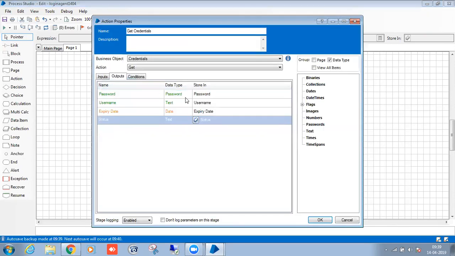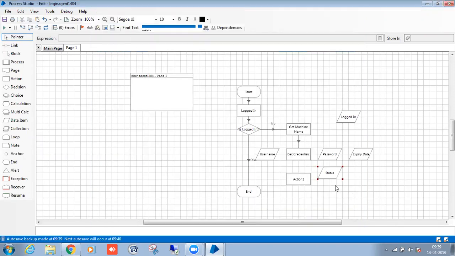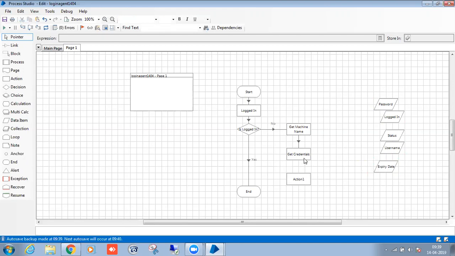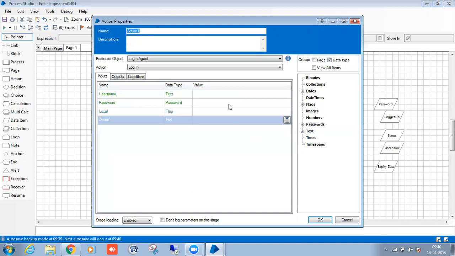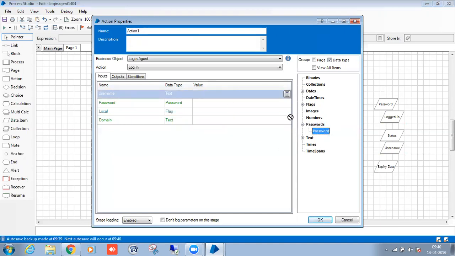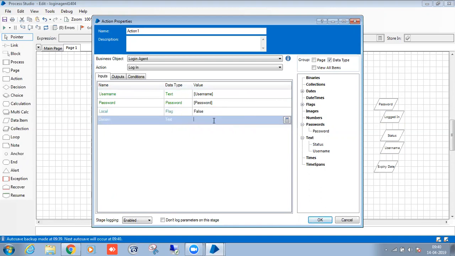So those things you have to pass. Domain name, those people will give the domain name. That's it.